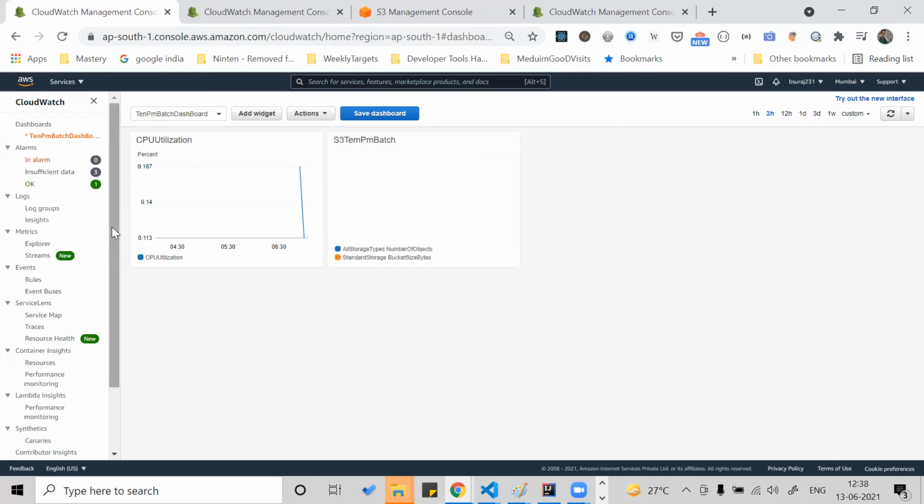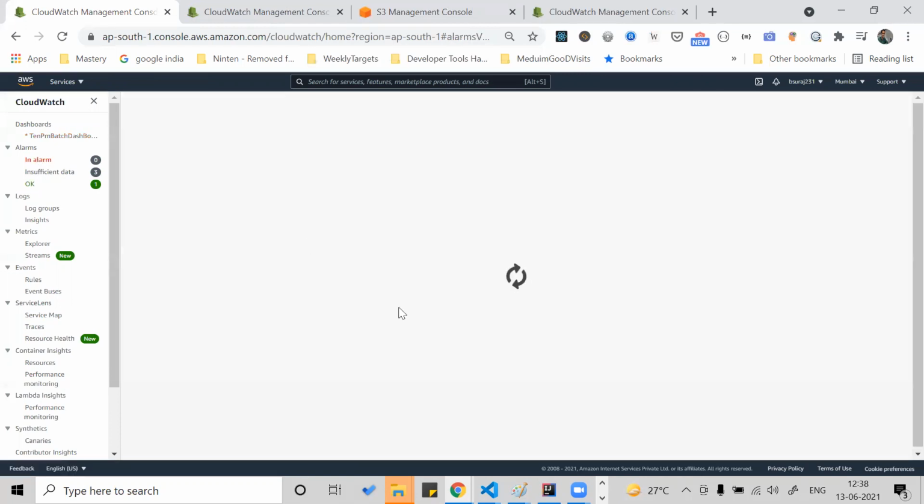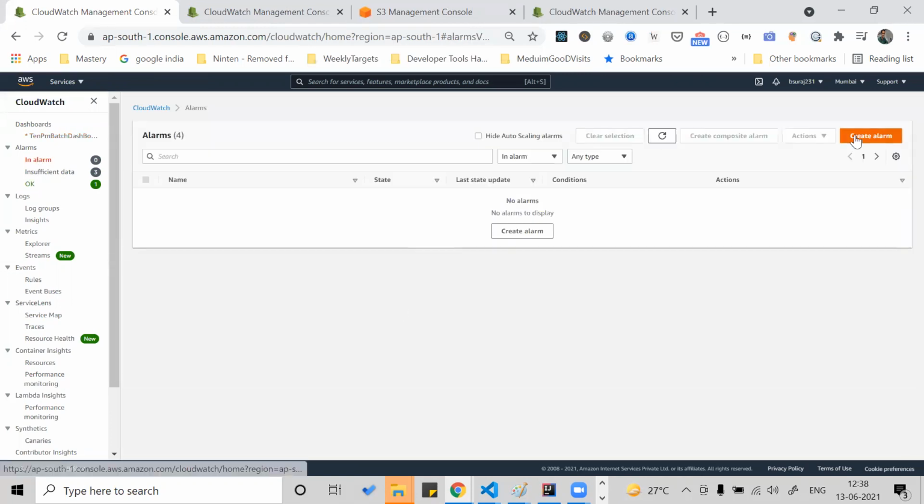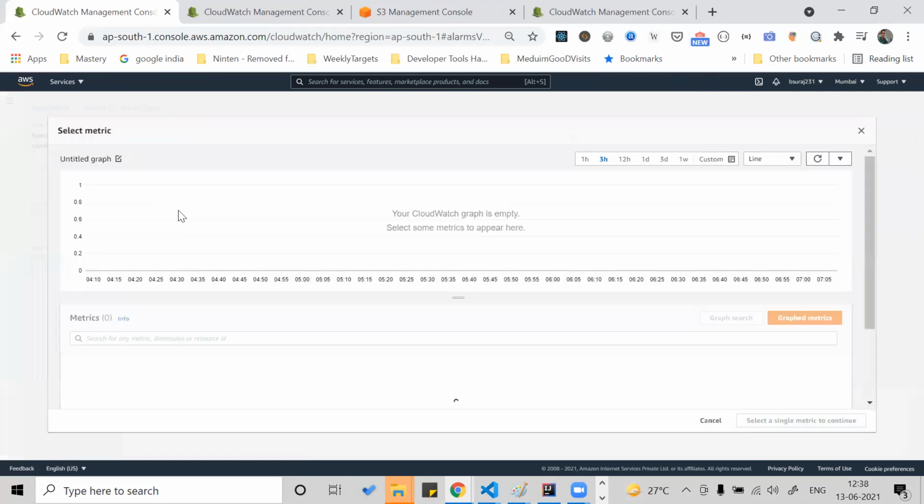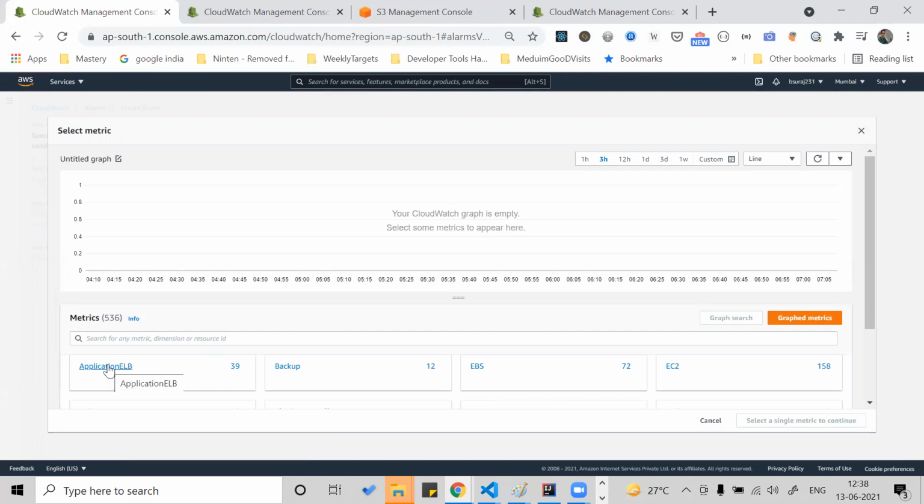Now the second thing is the alarm. You can create an alarm in the same way. Create an alarm, select the metrics stating that on the EC2, or what alarm can you create in the Elastic Load Balancer, that if the load is heavy or it is not able to redirect, or above 50%. In the backup, I won't come here until another part.